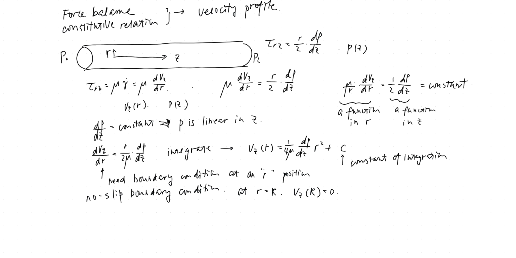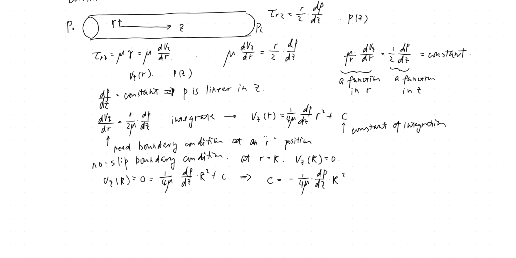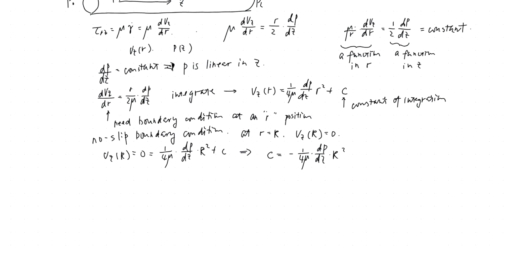This will help us to determine what is C. So you plug in, you get Vz(R) equal to 0 equal to 1 over 4 mu dp dz R squared plus C. We can solve for C. C equals minus 1 over 4 mu dp dz R squared. So you put the C back, you can get the expression of our velocity,